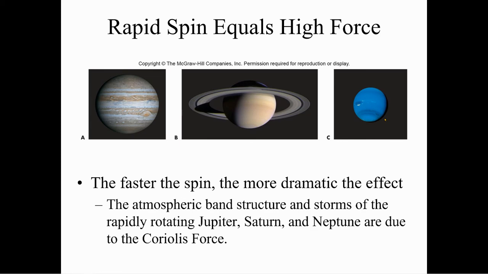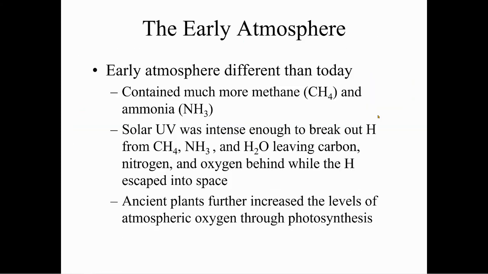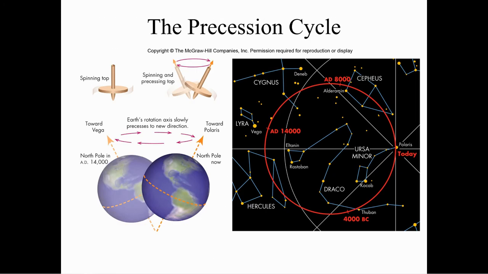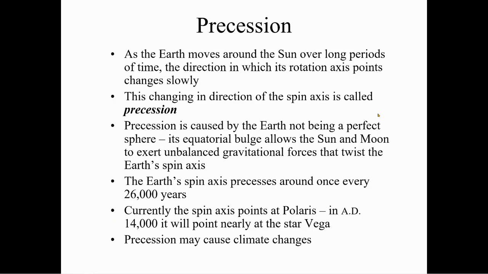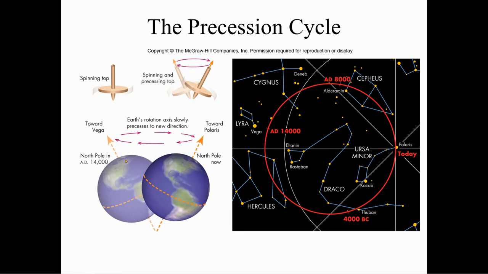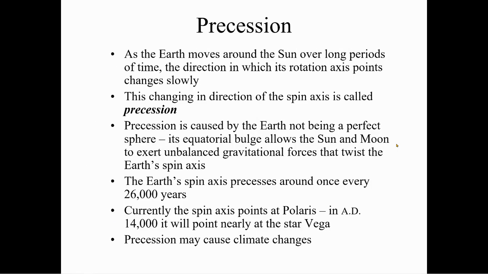What does this mean? Okay, so what happens is just like a top, and they're going to show a spinning top here. As the top spins, it eventually will wobble. That wobble is known as precession. And what happens is right now the North Pole is pointing at Polaris,